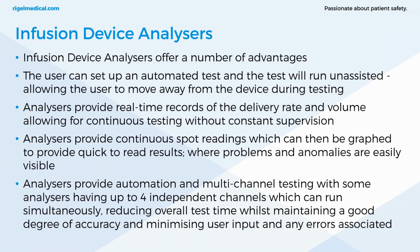Okay, so infusion device analyzers or automated analyzers allow the user to set up a test and then run it assisted, allowing the user to move away from the device during testing. They provide real-time records of the delivery rate and volume, allowing for continuous testing without constant supervision. They provide continuous spot readings, which can then be graphed to provide quick-to-read results where problems and anomalies are easily